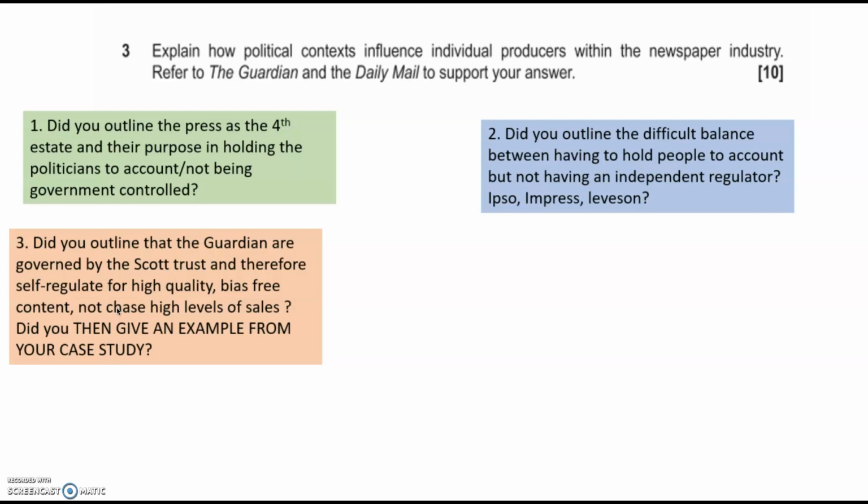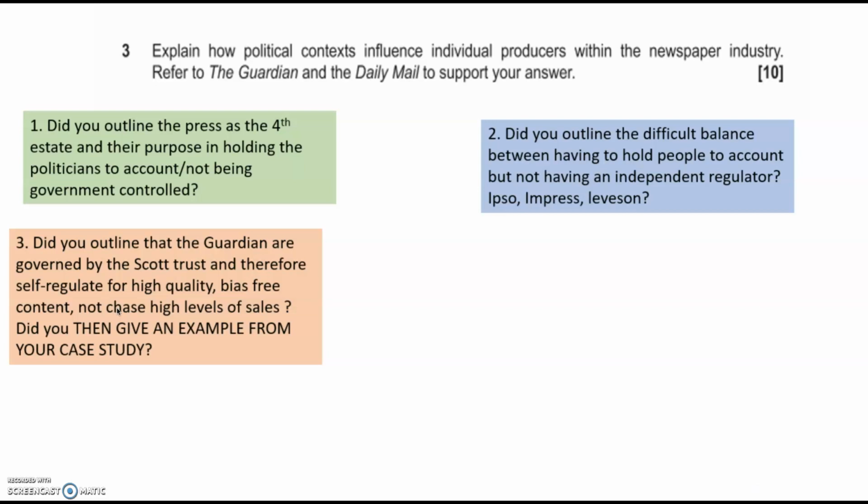The Guardian see themselves exactly as the Guardian, as the fourth estate, the ones holding the powerful to account. Now, you need to check whether you did that, but also, did you specifically give an example from your case study? So this is where I've been saying all year that you should be buying the newspapers reasonably frequently. You should be reading their news online, finding examples, screenshotting anything interesting, adding it to your blog, this kind of thing. Now, in almost every case, not all of you, but in almost every case, you either didn't give any case study examples, or the case study examples you gave were maybe something that I might have mentioned in the lesson. Now, this is not really enough.